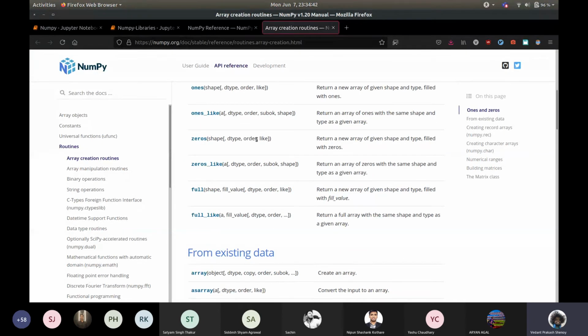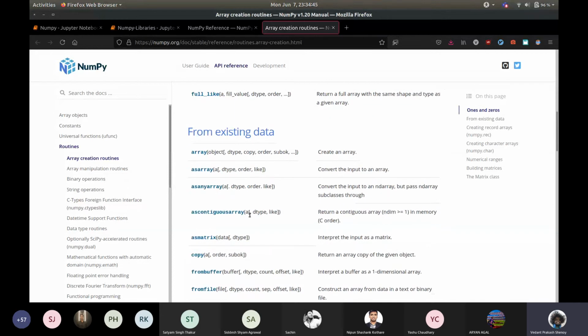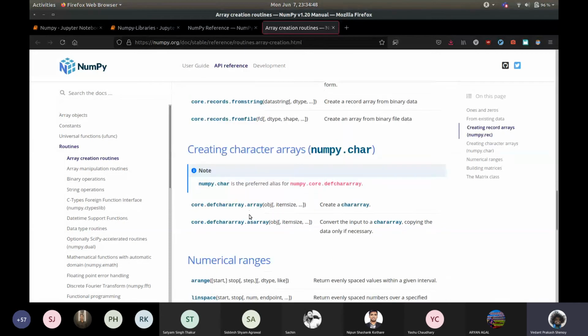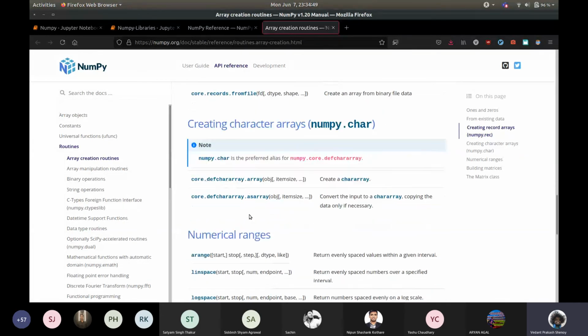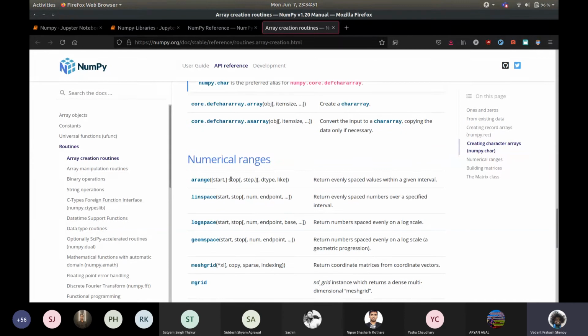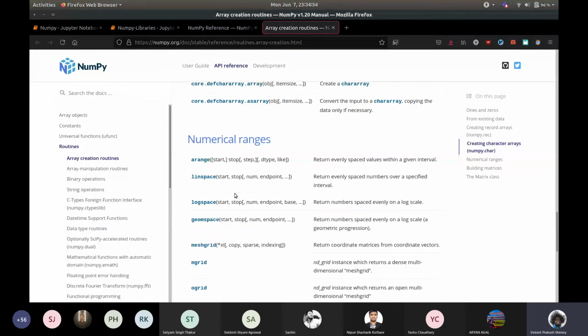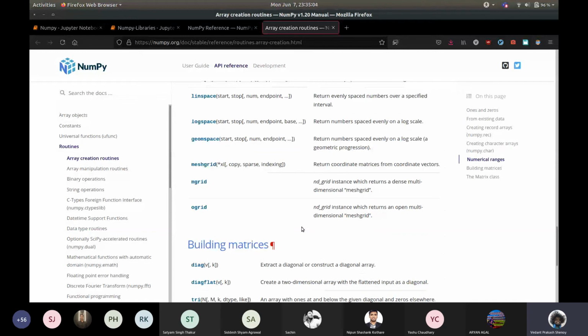You can make a matrix. You can make an array with all elements 0, all elements 1. All sorts of things are here. So go ahead. Apart from arange, there are other ways of getting numerical ranges as well. Linspace is particularly useful. Logspace and geomspace are also useful, but a bit less used generally.